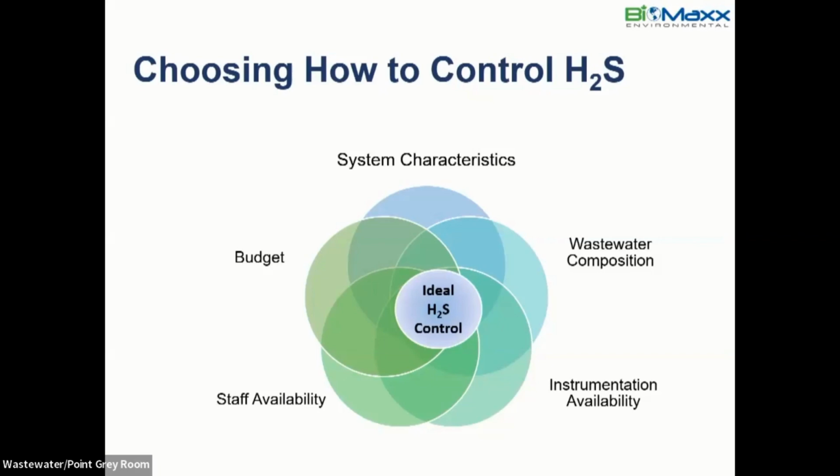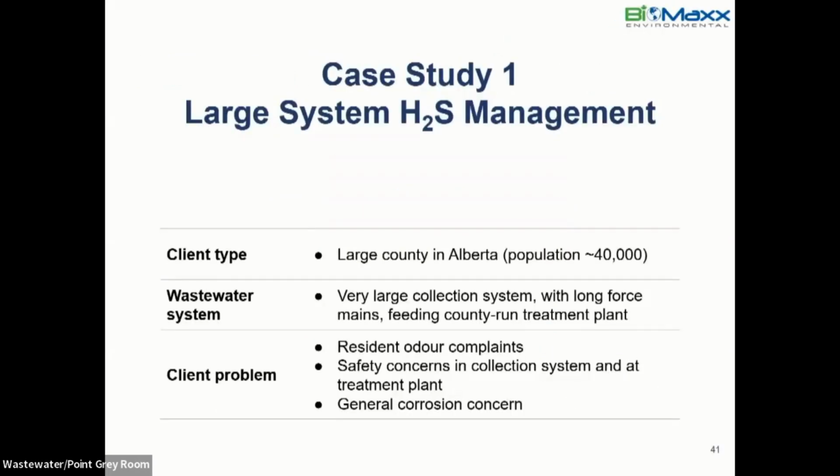So system characteristics, budget, staff, what instrumentation do we have? What's the wastewater look like? And ultimately we're looking for the ultimate ideal H2S control right in the middle that takes all of those factors into account. So I notice I've been talking too much on the boring stuff, so I'll get into the case